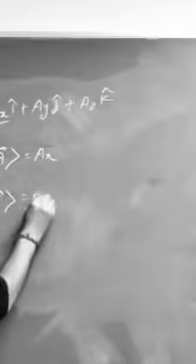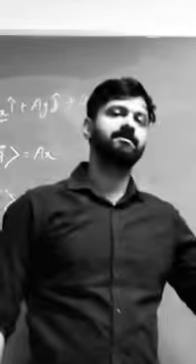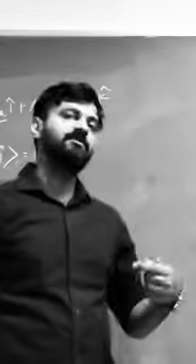If I take a dot product or a scalar product of j with respect to vector A, that will give you ay. And if I take a dot product of k cap with respect to vector A, that gives you the coefficient az. And why are we studying these things? Because I'll be extending this concept to the quantum mechanical wave function, and there we will be using this concept to calculate the coefficient of the wave function along